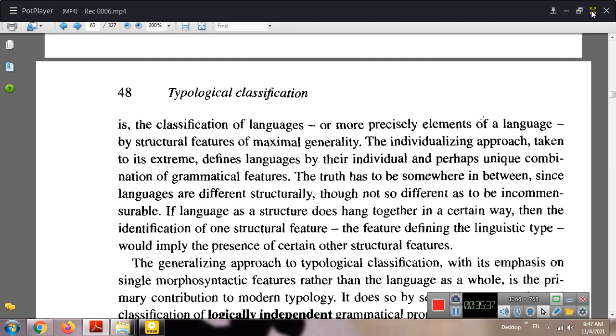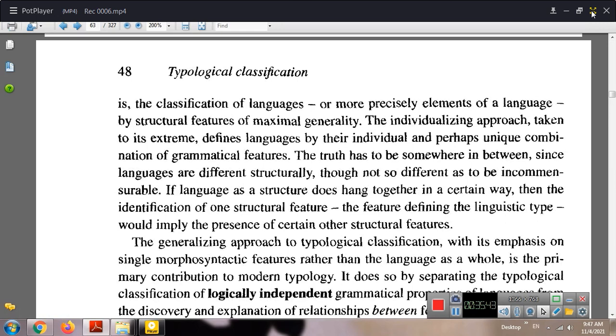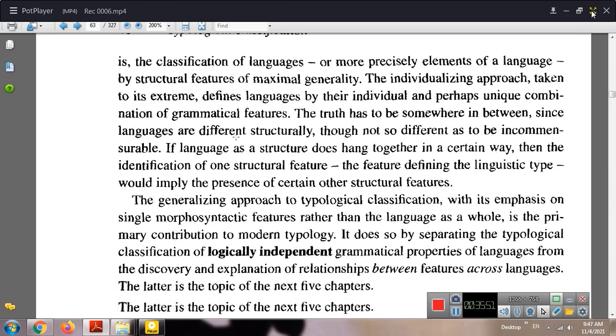The individualizing approach, taken to its extreme, defines languages by their individual and perhaps unique combination of grammatical features. The truth has to be somewhere in between, since languages are different structurally, though not so different as to be